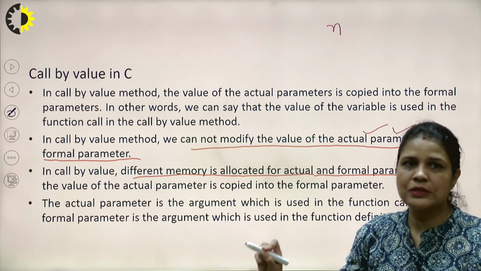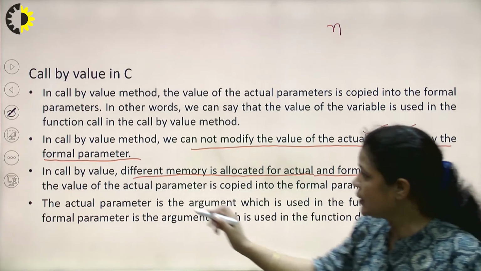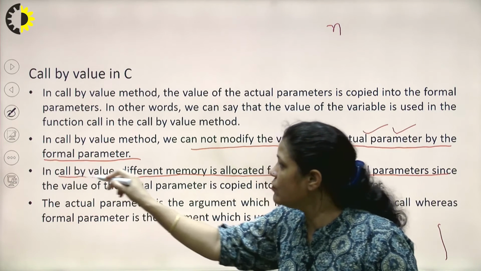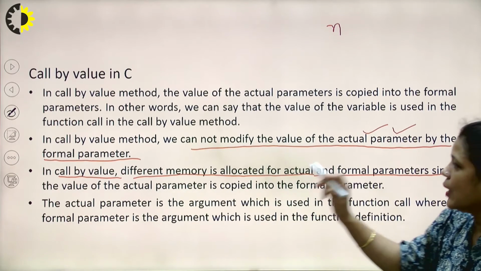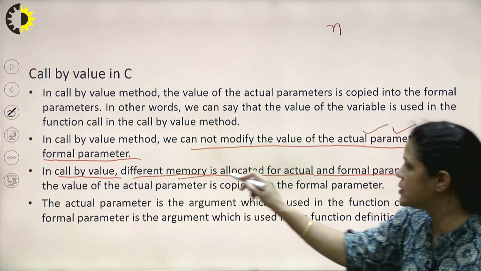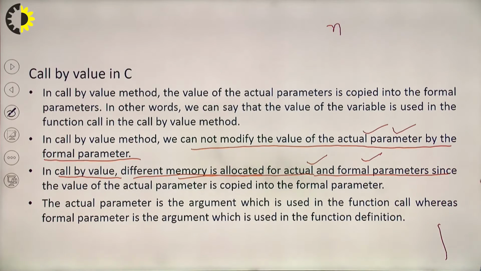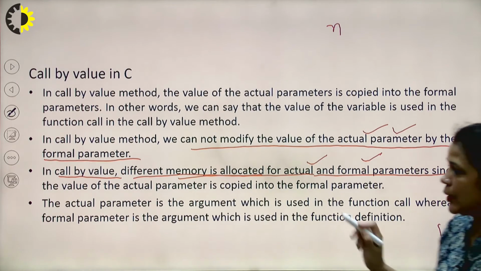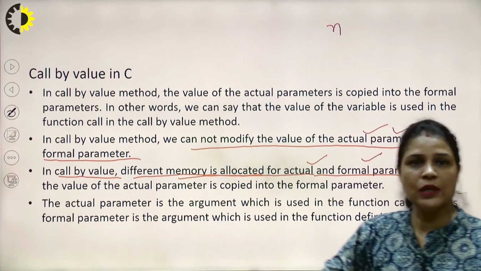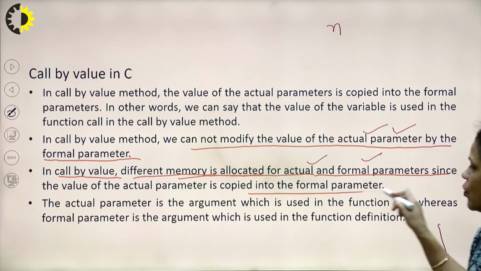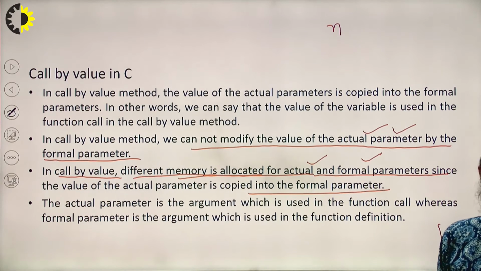You need to understand this concept very clearly: in the call by value method, memory allocation is different for actual and formal parameters, because the actual parameter's value is copied into the formal parameter and the function definition works on the formal parameters only. So the actual parameter will be untouched.